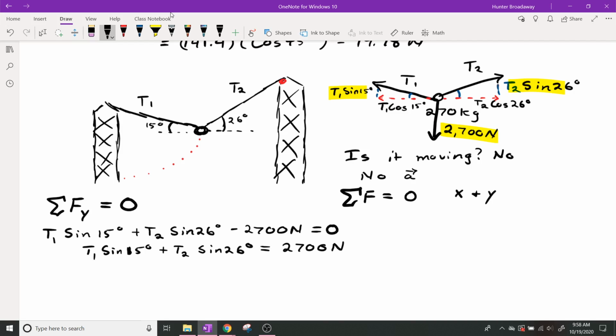Okay, and you know that I'm going to do this the old-fashioned way, so I'm going to say the sum of the forces in the x direction is equal to 0. So, therefore, negative T1 sine 15 plus T2 sine of 26 equals 0. It's negative because it's going left. Remember, left is always negative and right is always positive, unless you decide to flip everything on me, and you'll still get the answer right, but it's going to hurt my brain a little bit. It will hurt my brain, but it's doable.